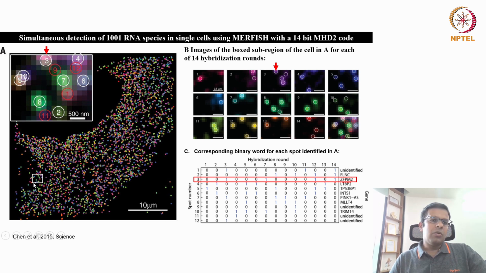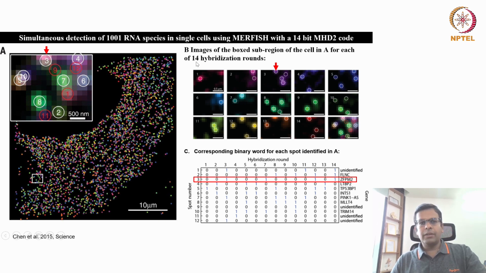Okay, so here you can see the magnified version of this small white box. This small white box has so many mRNAs, numbered from 1 to 12. So you can see all different mRNAs are there. Okay, total 12 mRNAs. Now you just focus on this third mRNA. So how will this third mRNA be barcoded? See this table, I have highlighted this third mRNA's barcode.